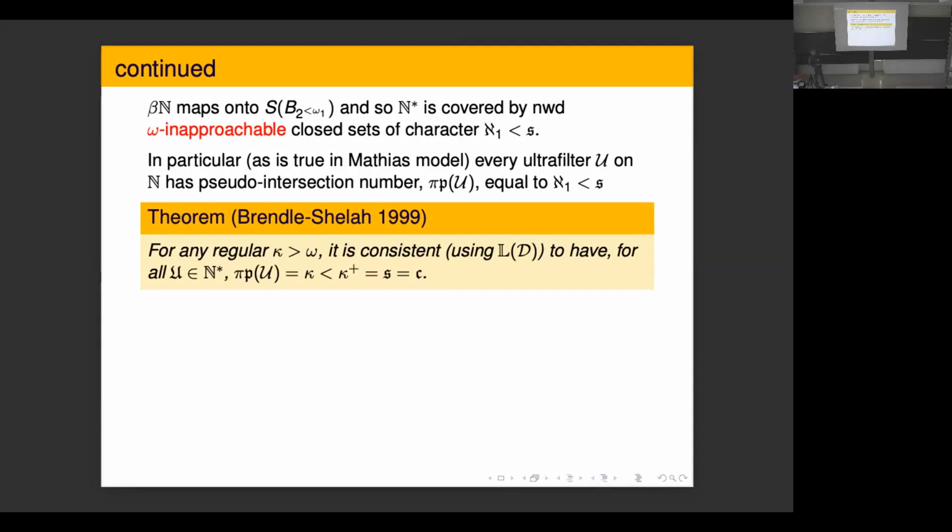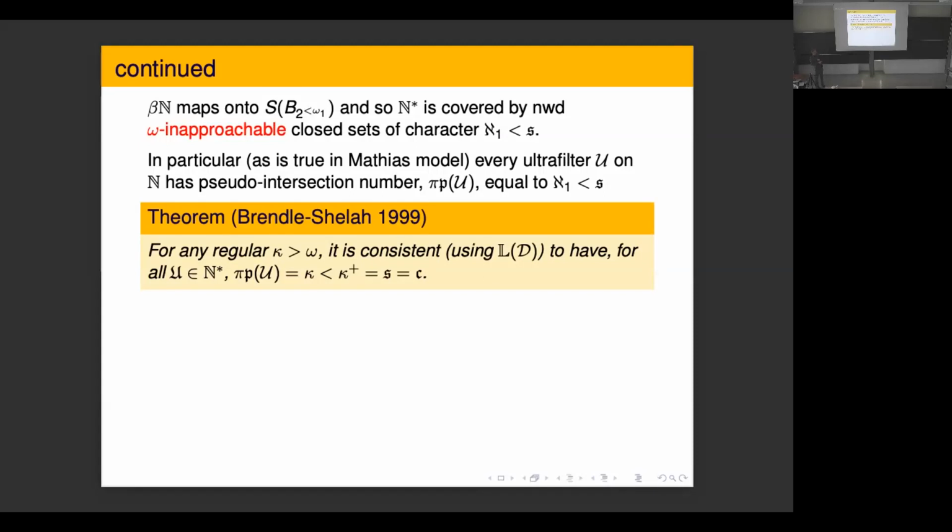Selective ultrafilters give you much more control about what you can preserve, about where you don't want to add pseudo-intersections. And so indeed, that's what they figured out, that they can arrange, through reflection, of course. You reflect an ultrafilter, you keep raising s, but once you've reflected that ultrafilter, you don't add a pseudo-intersection to it. So for any regular cardinal kappa, you can get the